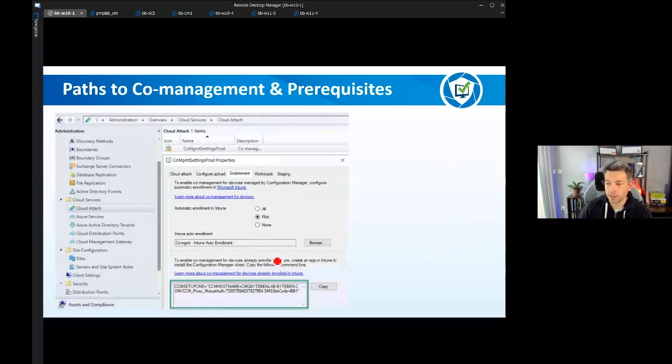So for internet-born devices, we're going to need to install the Config Manager client, and the old way of doing that was to use what they used to call a bootstrap client, and effectively it still is. But you'd create a Win32 app or a line of business app, you know, with the CCM setup file, and you deploy that to your devices. The only issue with that,